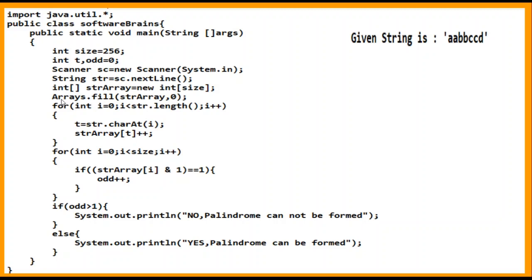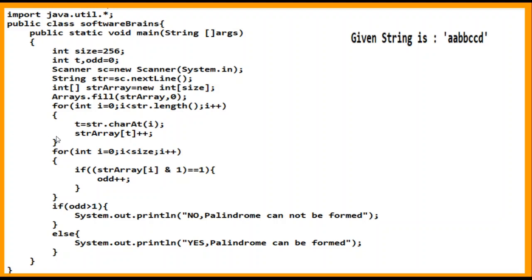Initially the whole array would have 0, and now the index position of a would become 1. Similarly we would be traversing through the whole string and updating the count of each character. Finally we would get the count of a as 2, b as 2, c as 2 since it occurs 2 times, and d would be only 1.